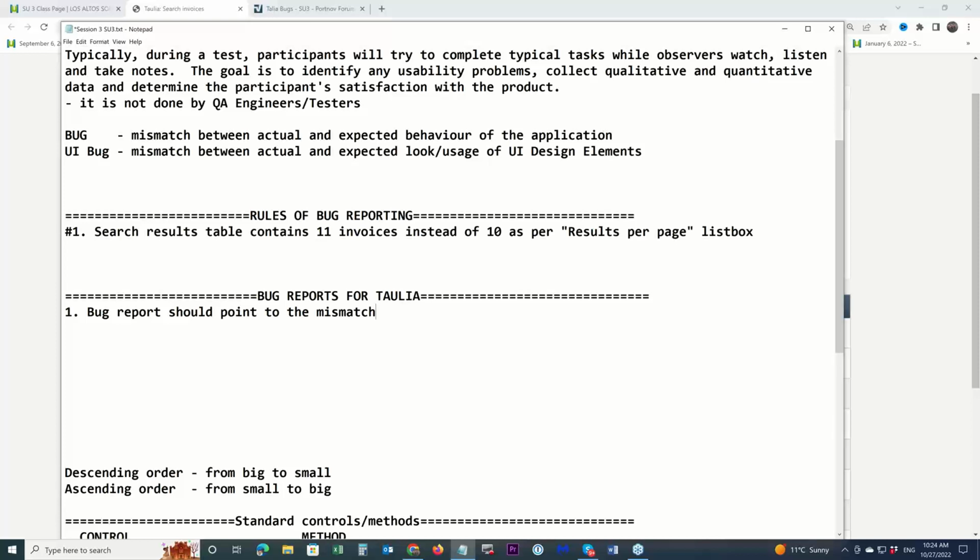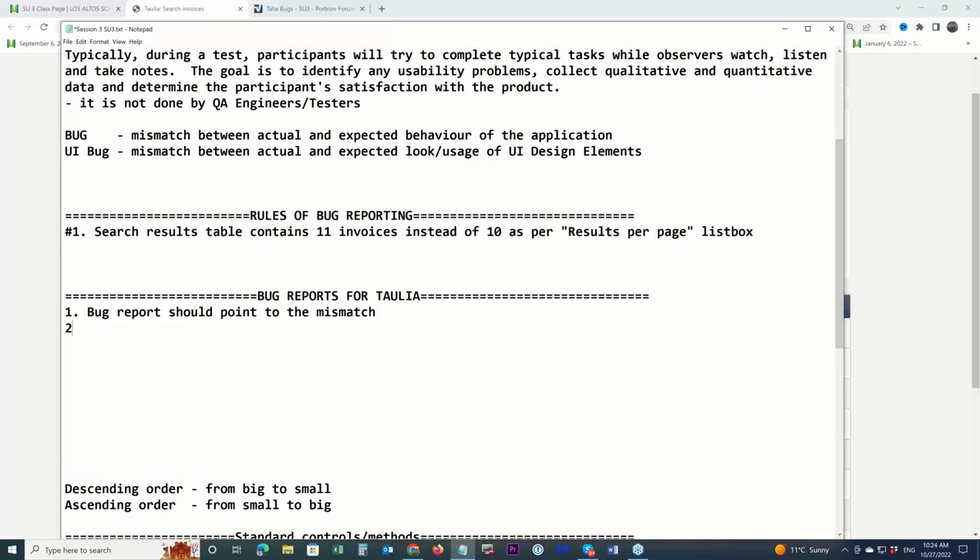Now, guys, we can look at the second rule. And we are saying problem bug report versus solution bug report. Solution bug report.